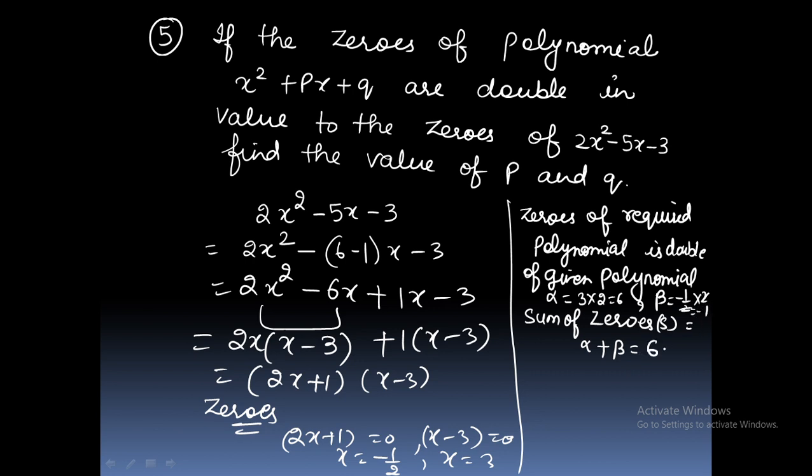So here 6 is alpha and minus 1 is beta. 6 minus 1 is equal to 5, and the product of zeros